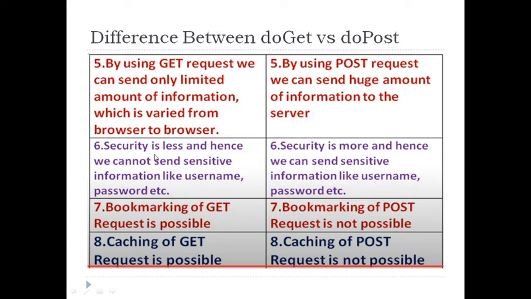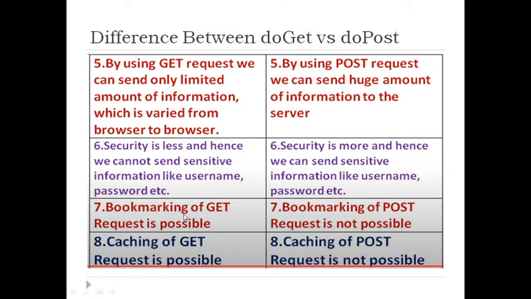Now as far as security is concerned, with get the data is always displayed on your address bar in the format of a query string. You can see the variable names and the values also, so you cannot hide your password in the address bar. So you cannot use get to transmit sensitive data. For the purpose of security it is always preferred to go for the post method, because all your data is bound into a body, and that body maintains the sensitivity of your data.